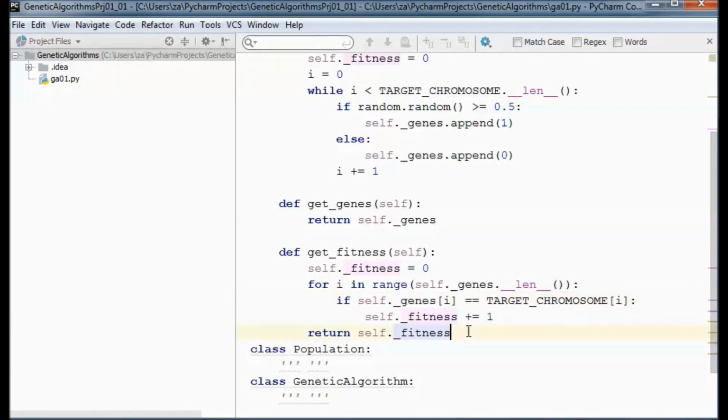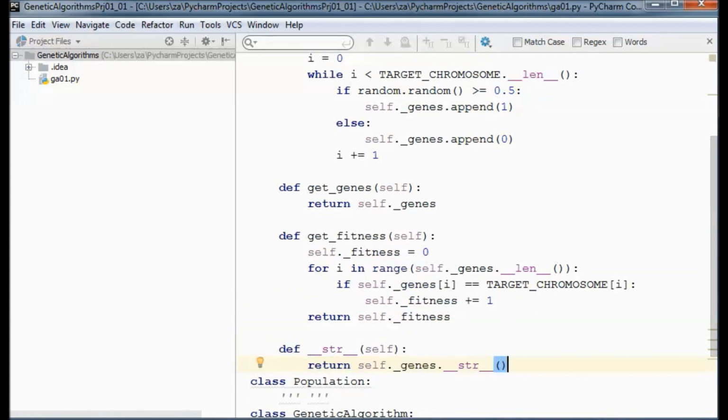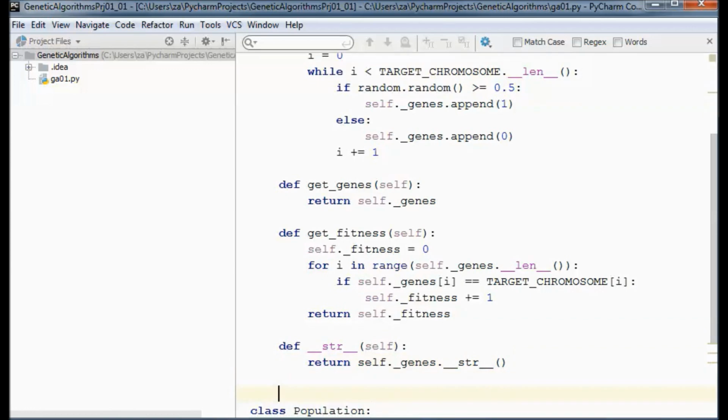And I need a method that returns a string representation of this class. So this is like the toString method in Java. And what I'm returning here is the contents of the genes array. So this should do it for this class.